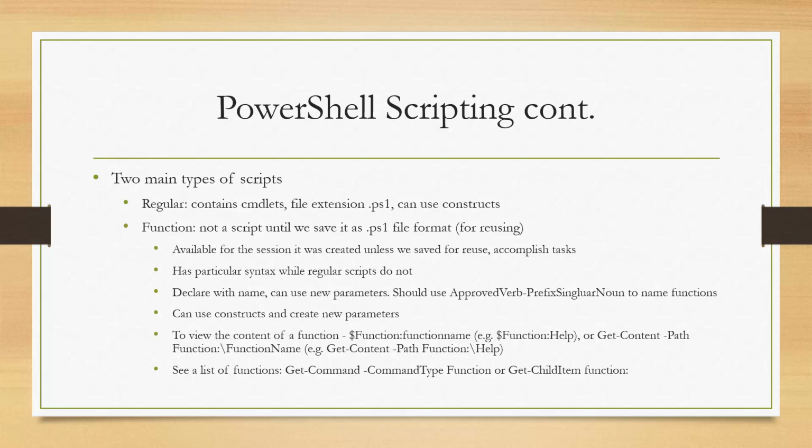To view a function, we can use either $function: followed by the name of the function, for example, $function:help, or use get-content -path function: backslash and the name of the function. For example, get-content -path function:\help. We use the get-content cmdlet to view the content of a file. To see a list of all the available functions, we use get-command -commandtype function or get-childitem function: